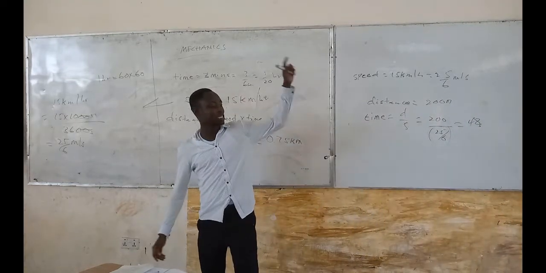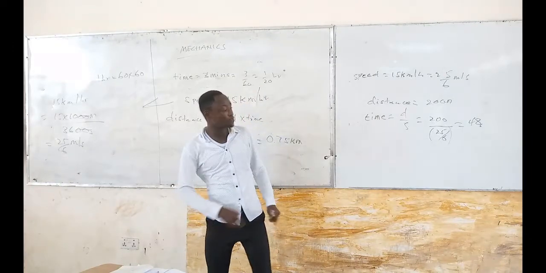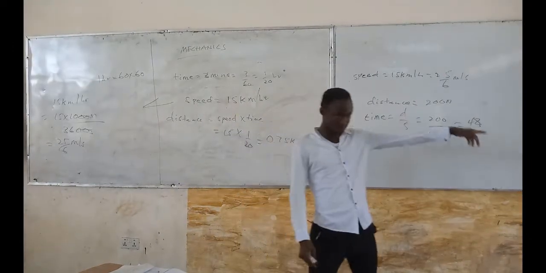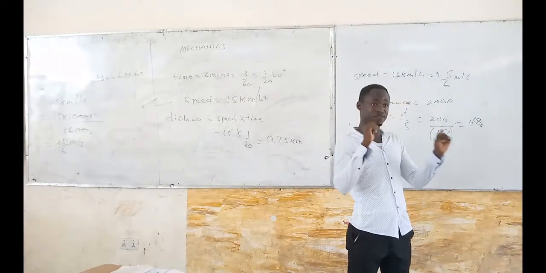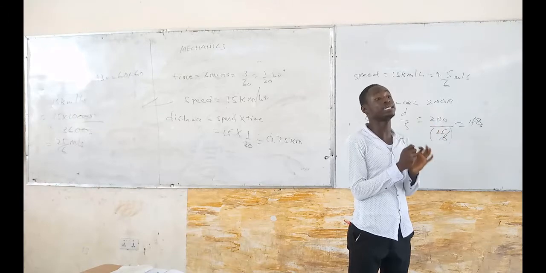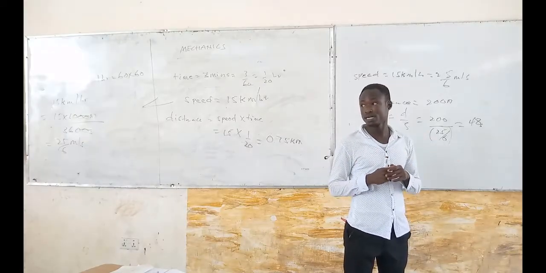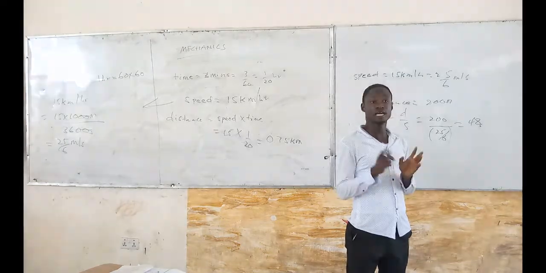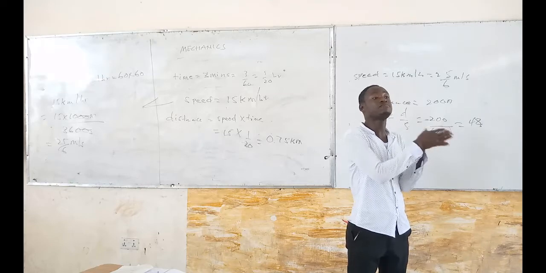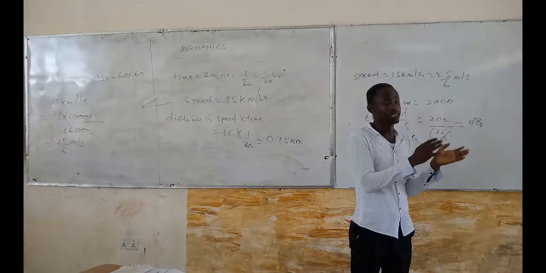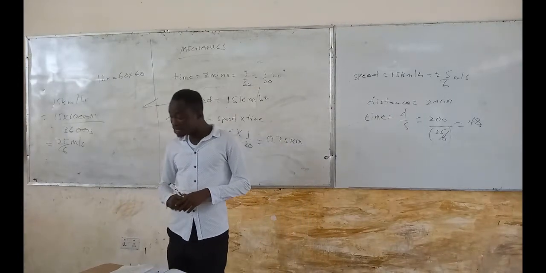But you see, the difference between distance and displacement is this: for distance I take the length from here to here, but for displacement, I specify this direction as positive and the other one as negative. That's the only difference. In displacement we consider the direction, but for distance, direction is regardless. So displacement is the distance covered in a specified direction or particular direction.